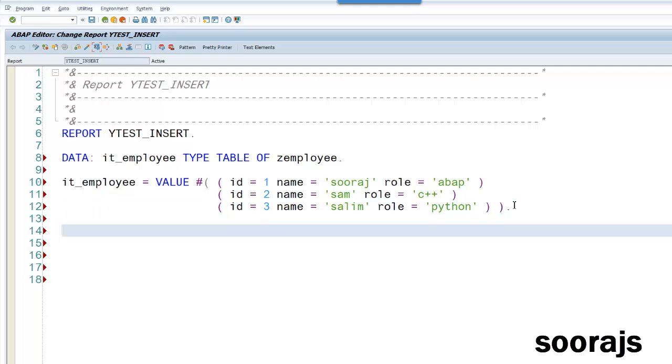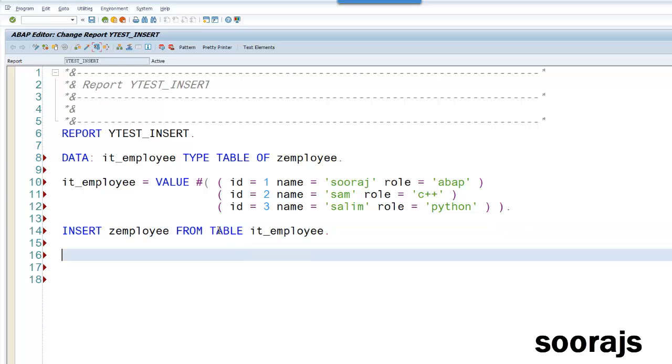For inserting from an internal table, we can use insert, then the database table name from table IT_employee. This is a must: you have to provide this table addition.